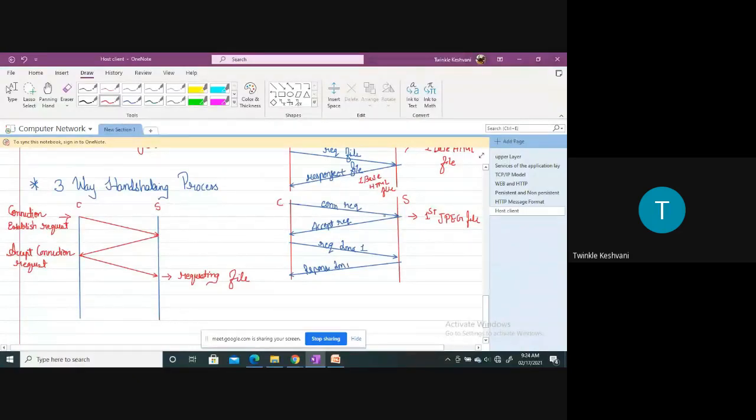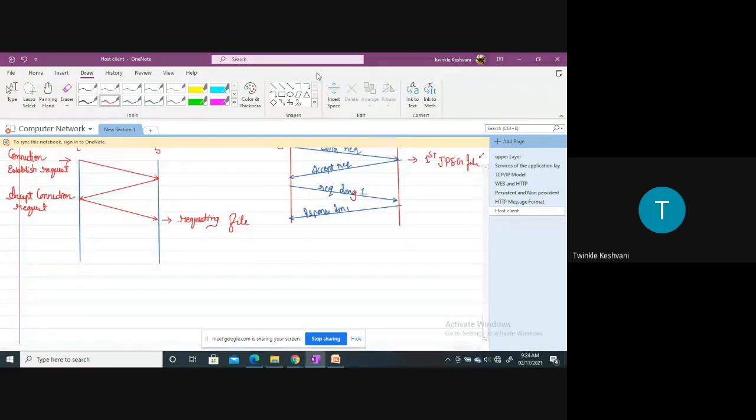Server will accept the request. The client will request for the first image, image 1. As you can see here, this is image 1, and the server will send back the response to the client. Again the TCP connection will be terminated. So for the second object, there is a third connection to be established between them.